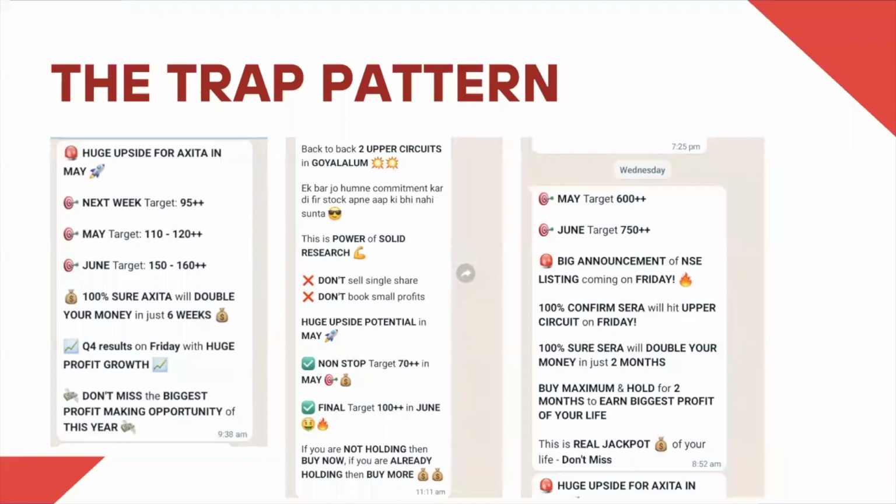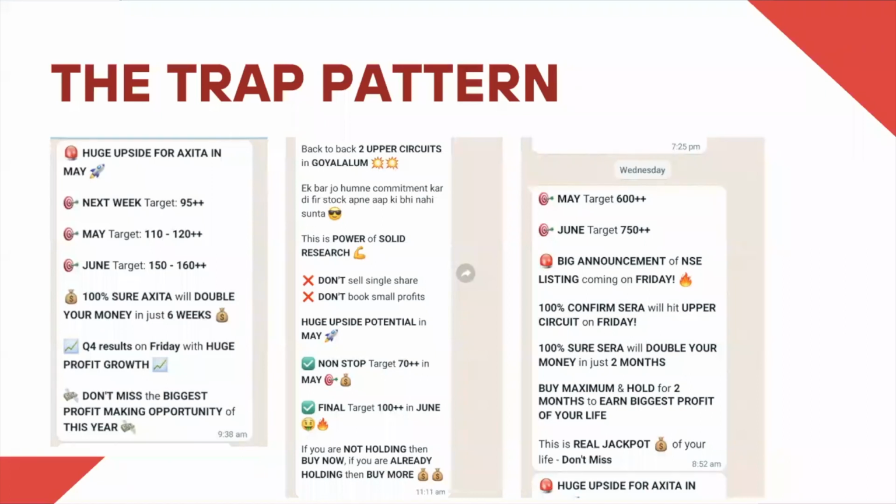ठीक है, तो आपको है ना ऐसे बहुत सारे मैसेजेस आएंगे. So this is how the pattern really works. तो ये वाले मैसेजेस को सर्कुलेट किया जाता है एक बहुत बड़े लेवल पे, और लोगों को बोला जाता है कि यार आप ये वाला स्टॉक खरीदो, you buy this stock. Okay, people are forced that you need to buy this stock and you cannot miss it.